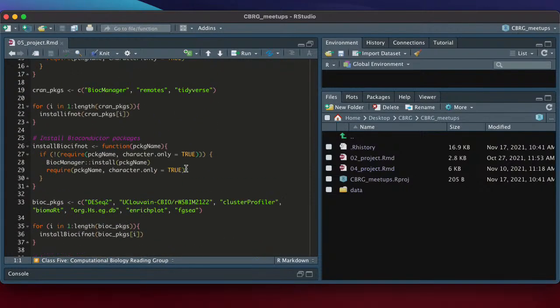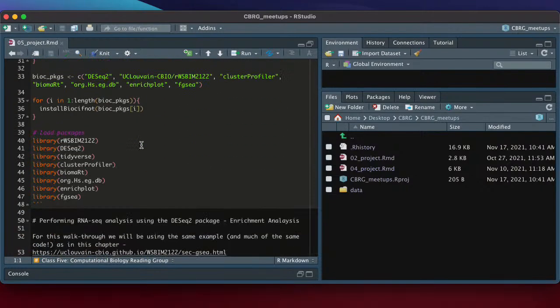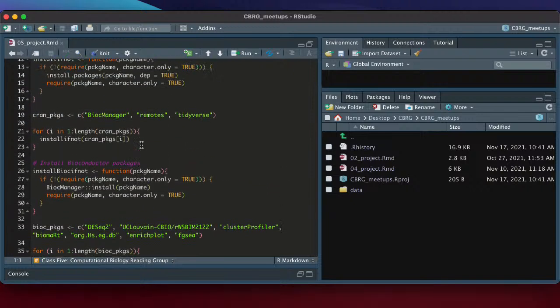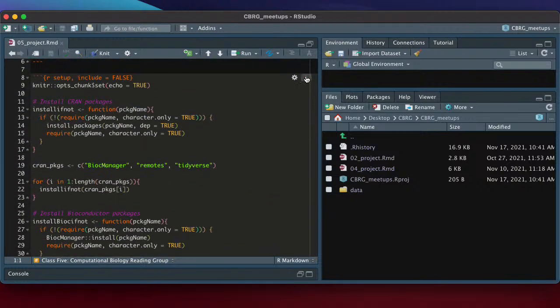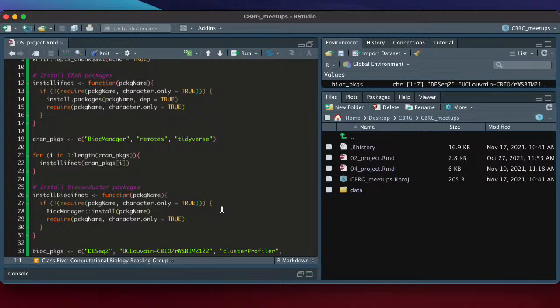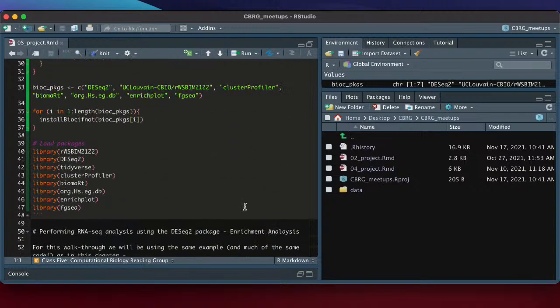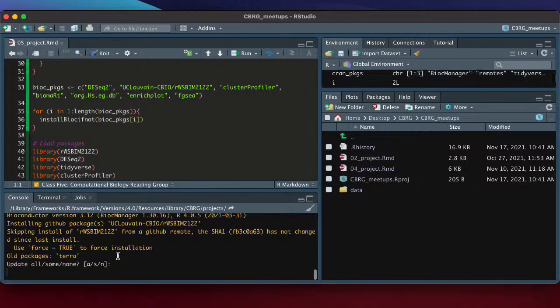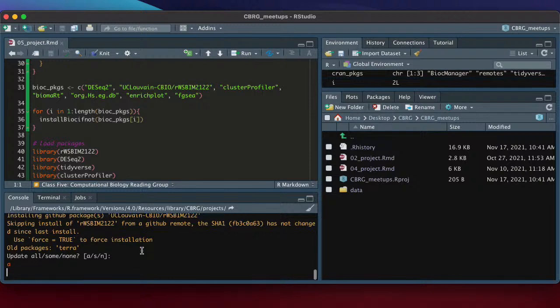Again, there's a lot of code here, mostly written by Paul, to nicely assemble all of the packages we need for today. So just go ahead and click play for the setup chunk up here. While this is going on, it's super important to keep an eye on your console, because if R asks you any questions, it's going to ask you the questions there. In this case, it's asking me if I want to update all, some, or none. By default, I update all.